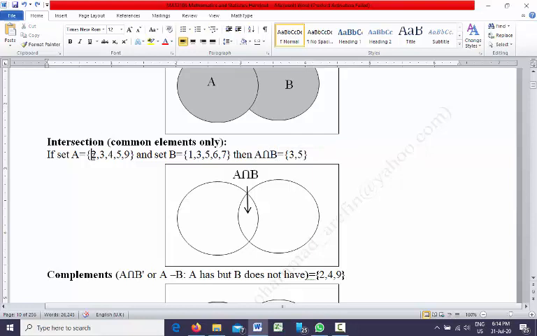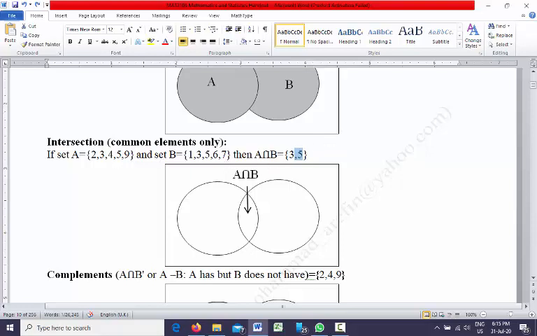So here in set A we have 2, but in set B we do not have 2. So it's not common. So here we have 3 and also we have 3 here. So 3 is common. So we will take 3 here. And then we have 4 here, but we do not have 4 in set B. So this is not common. So here we have 5 and in set B also we have 5. So 5 is common between both the sets. And other than that, none of the elements are common.